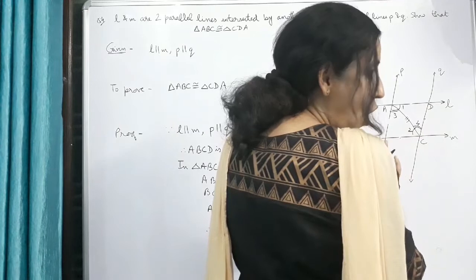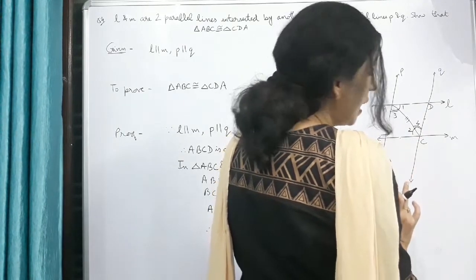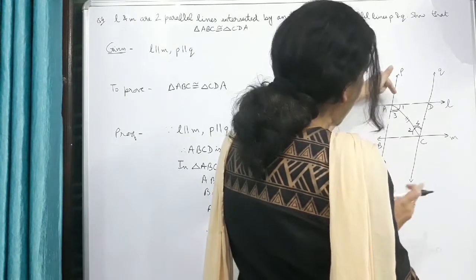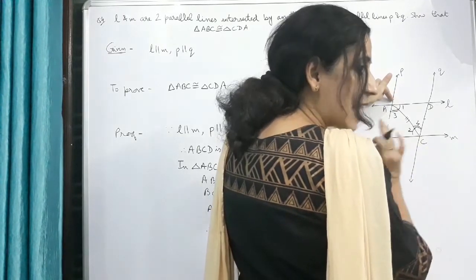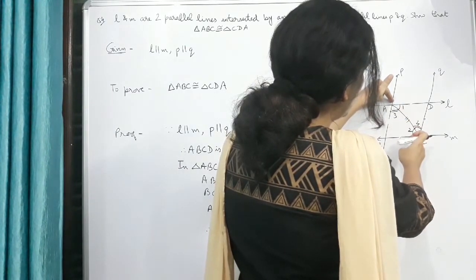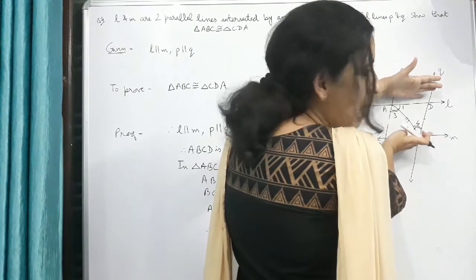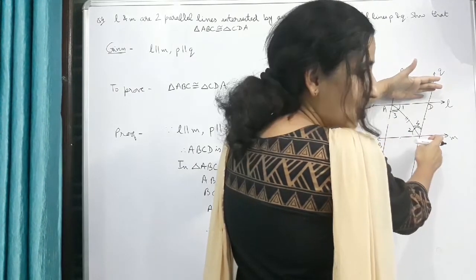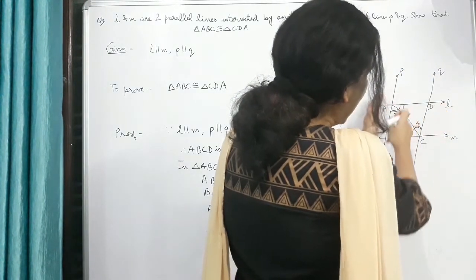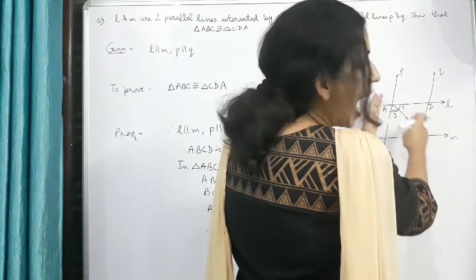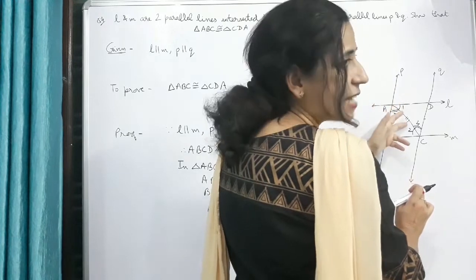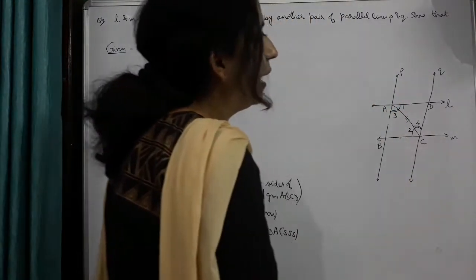ASA criteria of congruence. But remember, if you prove this by ASA criteria of congruence, then you will have to mention the parallel lines and the transversal. Like over here, for angle 1 is equal to angle 2, AD is parallel to BC and AC is the transversal, you will mention that, and for angle 3 equal to angle 4, AB is parallel to CD and AC is the transversal. So by ASA, the two triangles would be congruent.